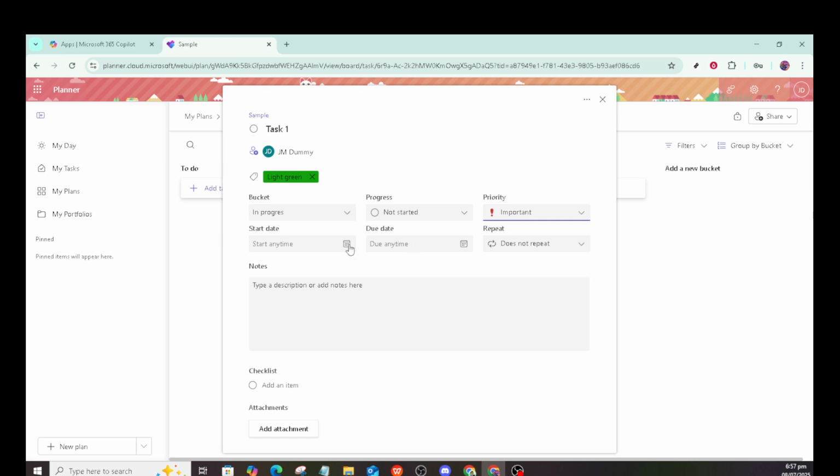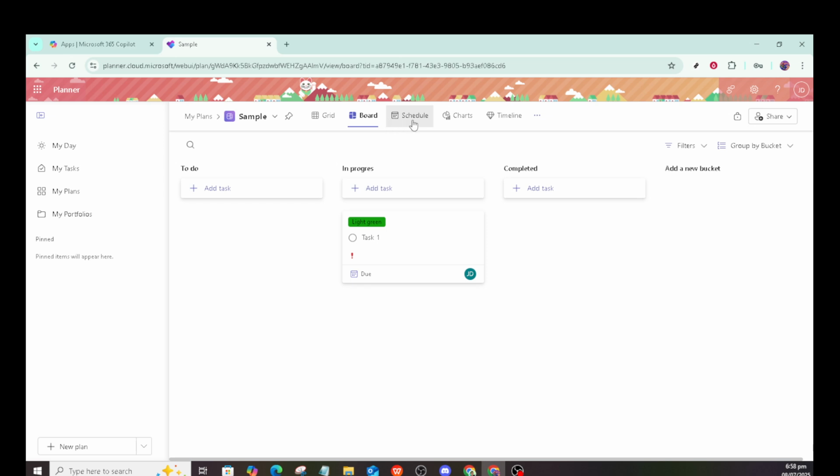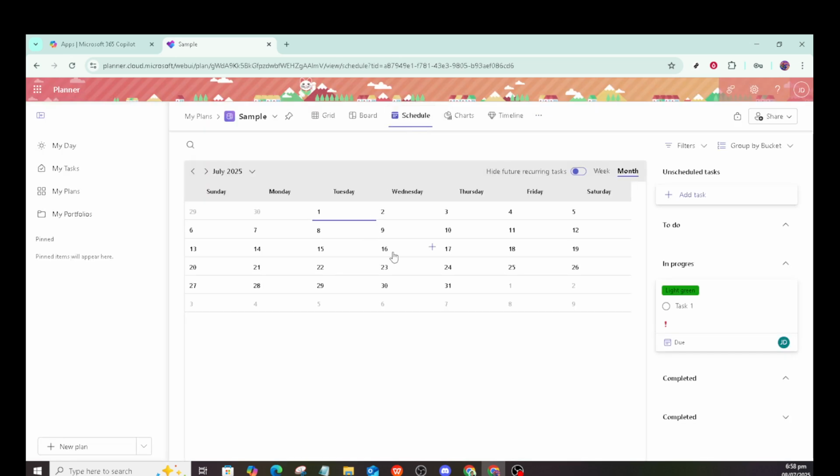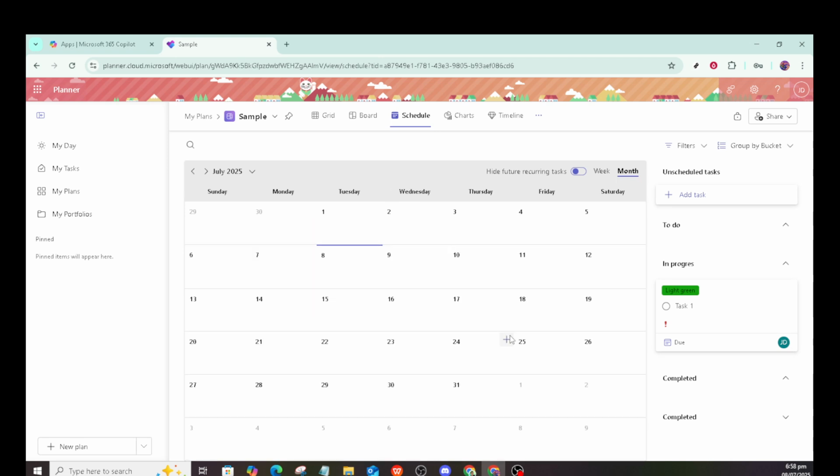You can also view tasks across a calendar layout, which is immensely helpful for understanding deadlines in a more visual format. To get a big picture view, the Planner Hub offers a helpful overview of all your plans and tasks, providing insights into overall progress. Adding your plans to your Outlook calendar can ensure your project deadlines are always top of mind,